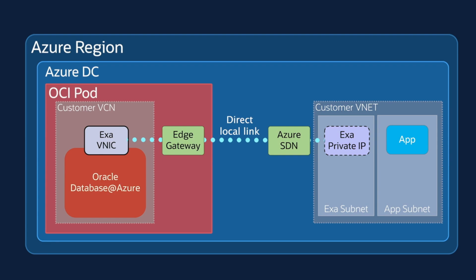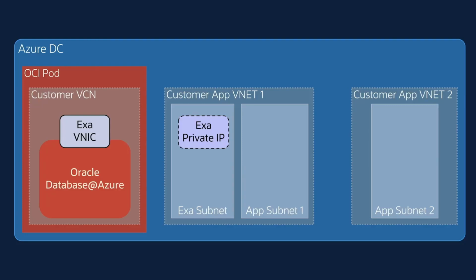A key highlight of the OCI pod architecture is that we have partnered very closely with Microsoft to create a direct private network connectivity between the OCI pod and the Azure Data Center and the Azure network in the same data center. So when an app in Azure VNet connects to the database service using a private IP address